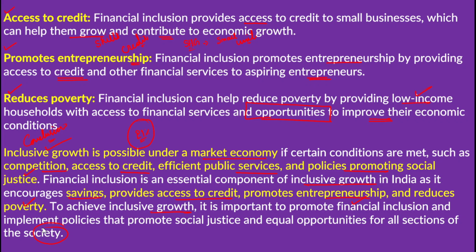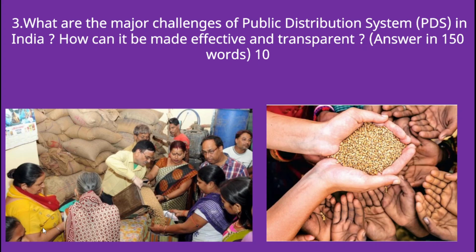Okay, so this is all about this question, and the next question is about the public distribution system. We all know about the public distribution system. It is very famous in India, and through it, subsidized food grains are provided to the eligible beneficiaries across India. So it is one of the most important tools for alleviating poverty, hunger, and even malnutrition, providing adequate food security to all the poor